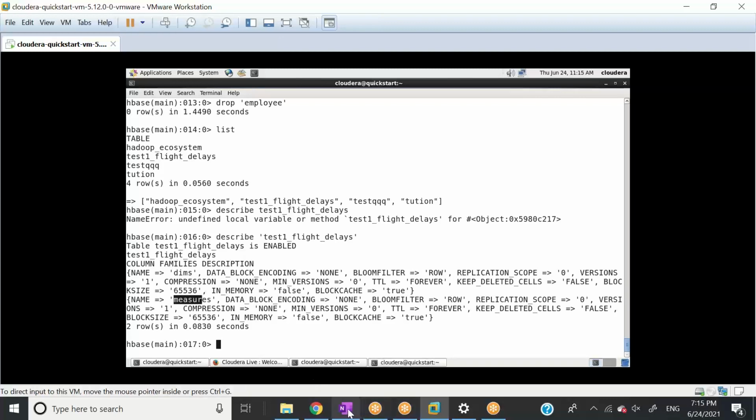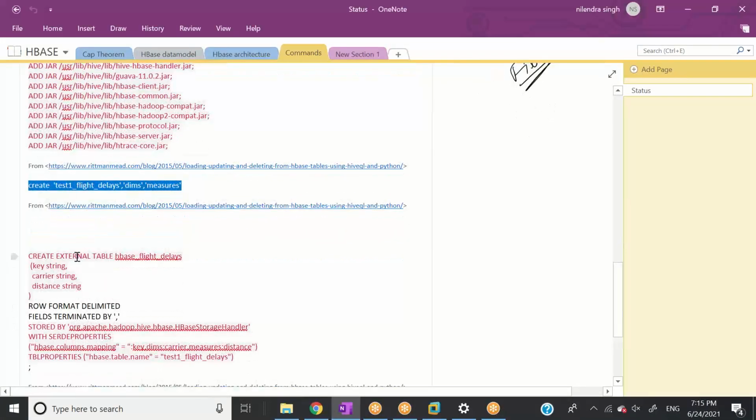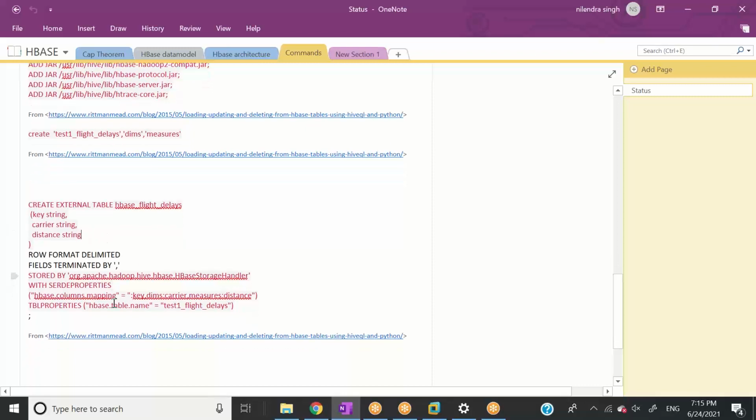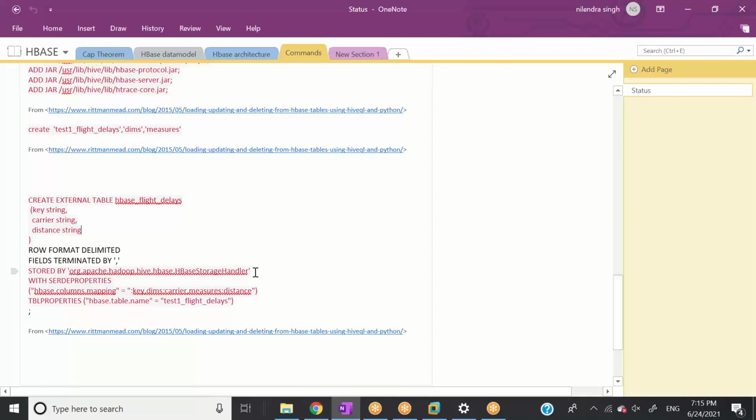Okay, now I need to create a table in Hive which will integrate with this particular table in HBase. You can give any table name in Hive, and you can give any number of columns here, but the most important thing is this.